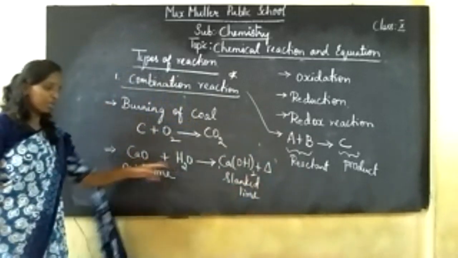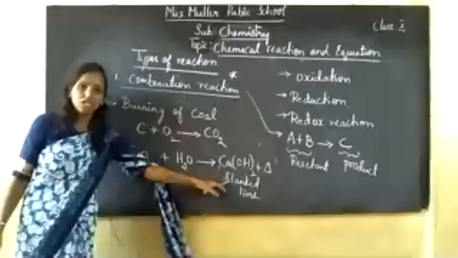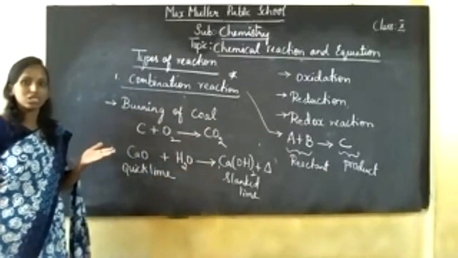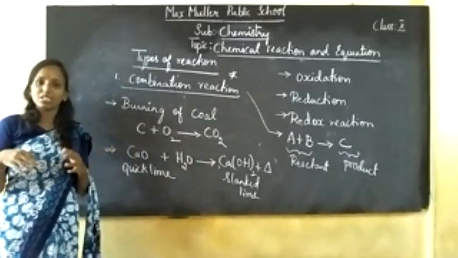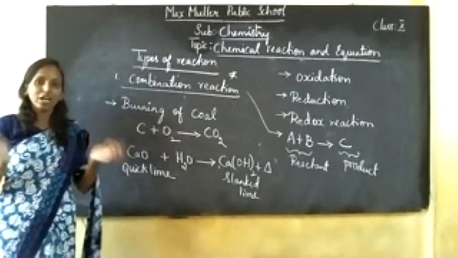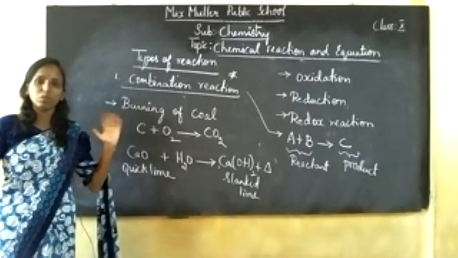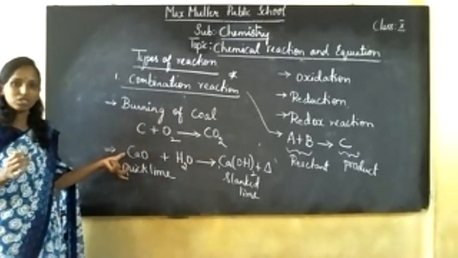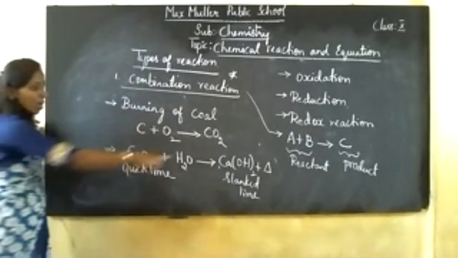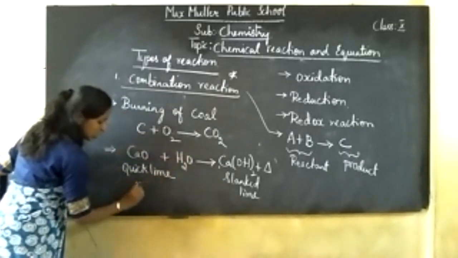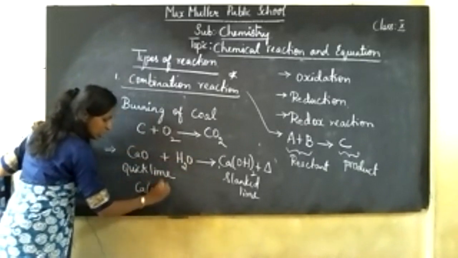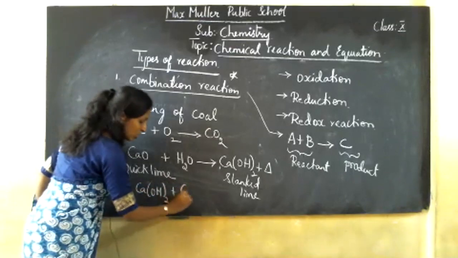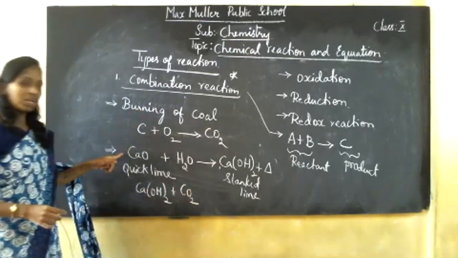When two or more reactants react to give you a single product. This is used in whitewash, for buildings, after construction and before painting, the complete building will be painted white. So this is a combination reaction which has taken place there. Whatever slaked lime, Ca(OH)2, is applied on the wall, then it reacts with carbon dioxide.